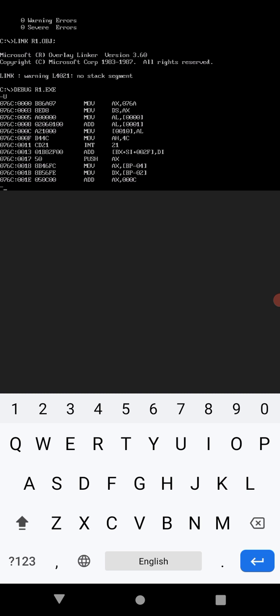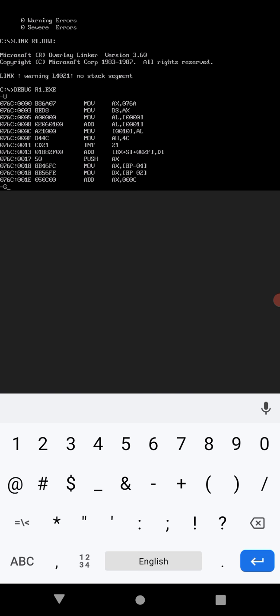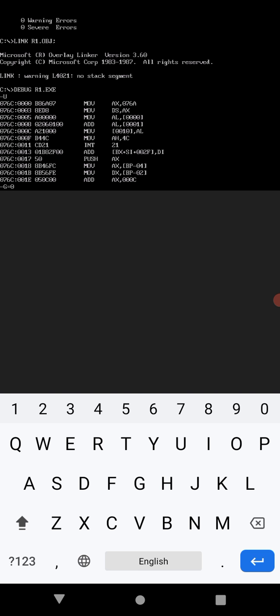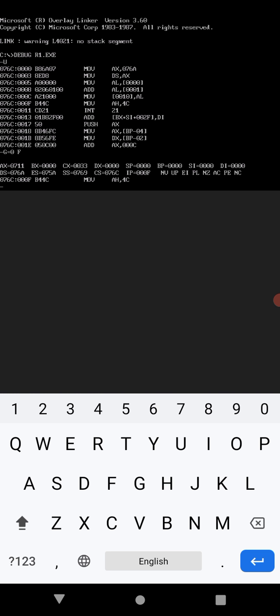Check the offset address of mov ah comma 4c. Here the offset address is 0f. So type g equals 0 space f, then click enter. The result will be in AL. You see AX equals 0711, so 07 is AH and 11 is AL. That is the result we have obtained.